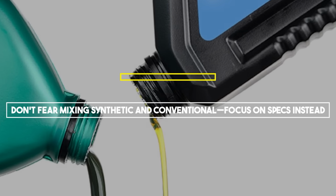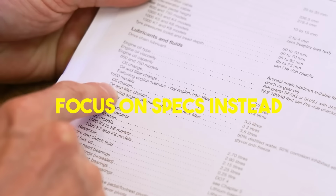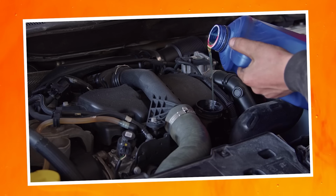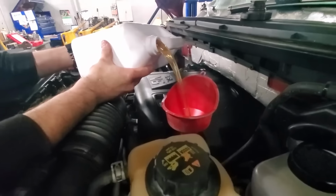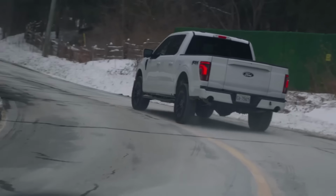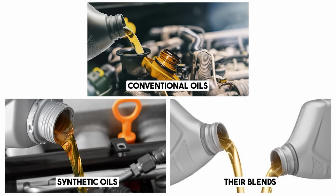Warning number 2: don't fear mixing synthetic and conventional. Focus on specs instead. Many Ford owners genuinely worry that mixing synthetic with conventional oils or switching back to conventional after using synthetic will harm their engines. These are widespread misconceptions that stress and confuse many drivers unnecessarily. Ford engines are designed to run safely and efficiently on conventional oils, synthetic oils, or their blends, as long as